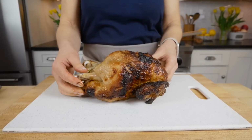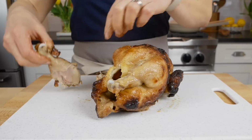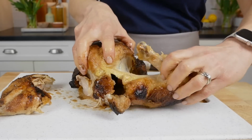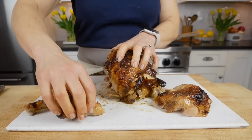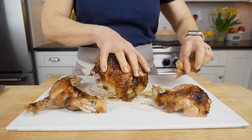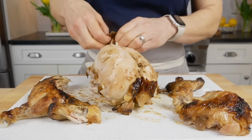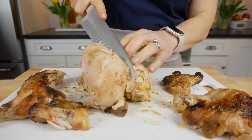And because I wanna keep this recipe super quick and convenient, I'm just gonna shred up some rotisserie chicken that I bought from the grocery store. And here's my tip. You wanna make sure that you shred the chicken as soon as you get it home from the store. Even if you don't plan on using it that day, you want to remove the skin and